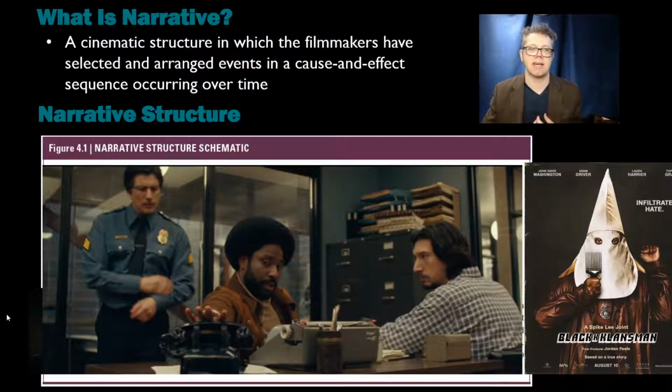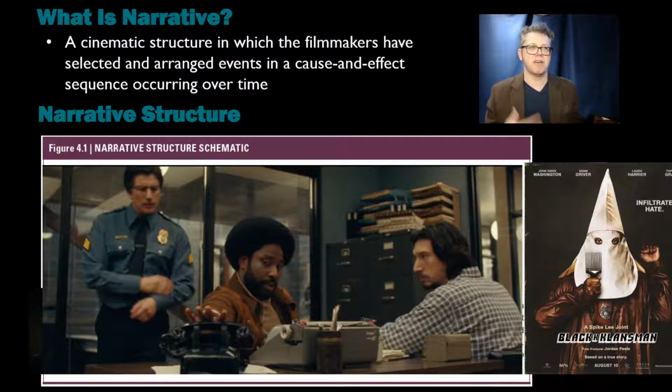And in the second act, we are given the development of whatever has been introduced at the beginning of the film. And this is where Adam Driver as Flip and John David Washington as Ron Stallworth continue their investigation, and more of the police force are drawn into this. Sergeant Trapp plays their boss, I guess you'd say, their immediate superior,